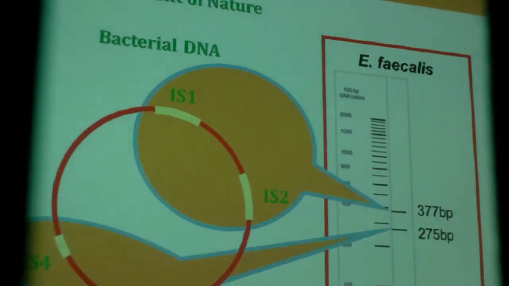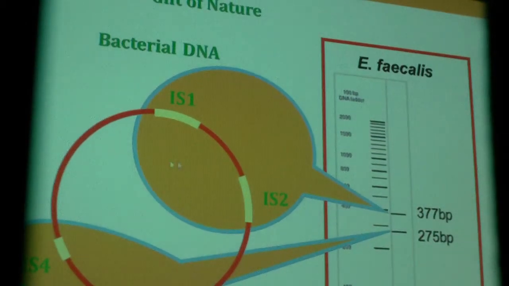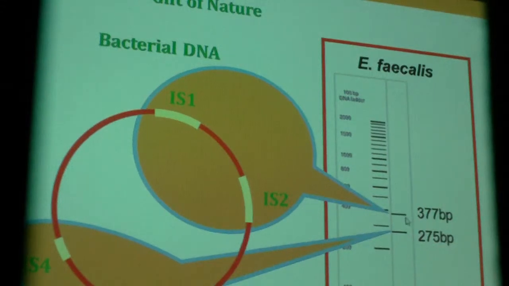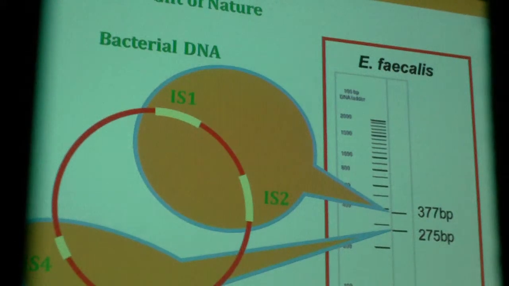And how does it function? It's very simple. You have the bacterial genome, and these interspatial regions may be present 4 times in the genome, but they are different in length, but constant different in length. So for Enterococcus faecalis, you always end up with 2 fragments, 377 base pairs and 275 base pairs. So that means that this is our pattern of faecalis. So although you didn't know that faecalis was in there before, if you find this, then the computer says to you, this is Enterococcus faecalis. So that's the